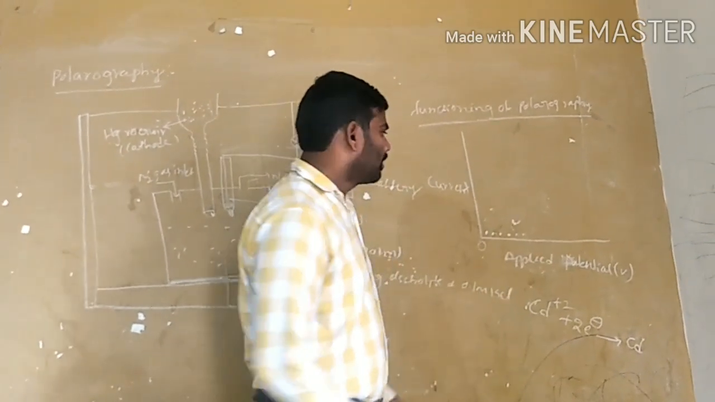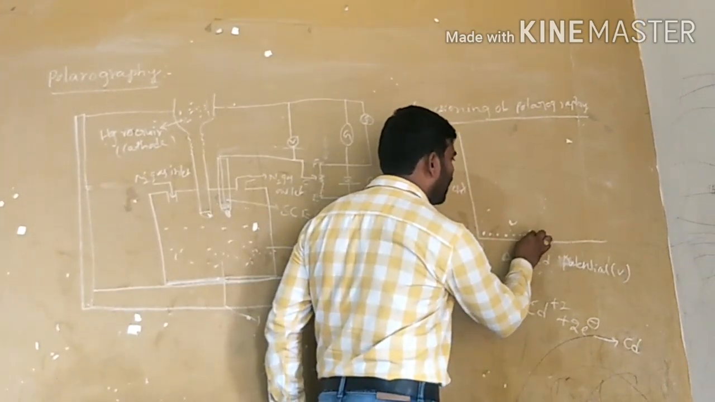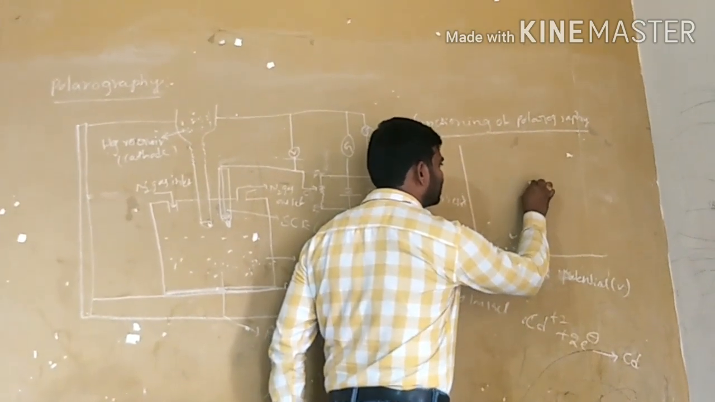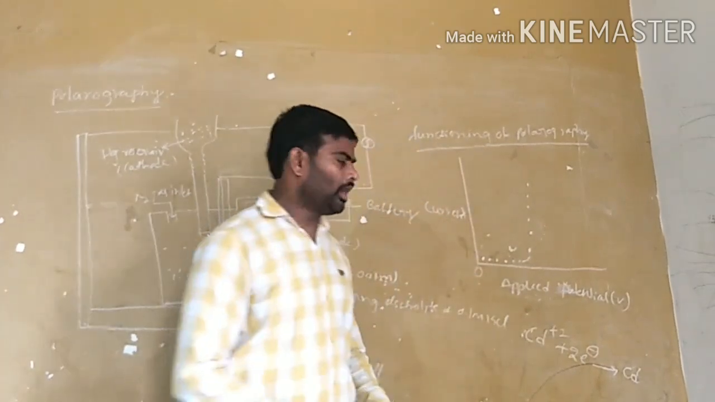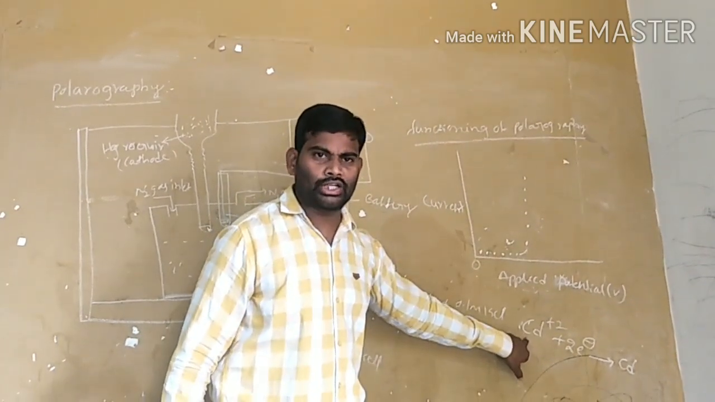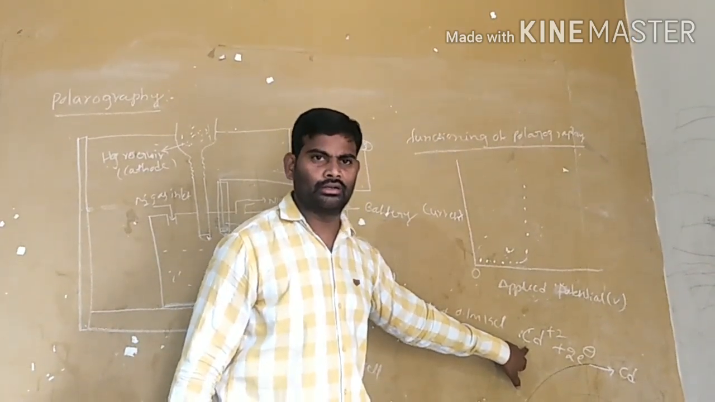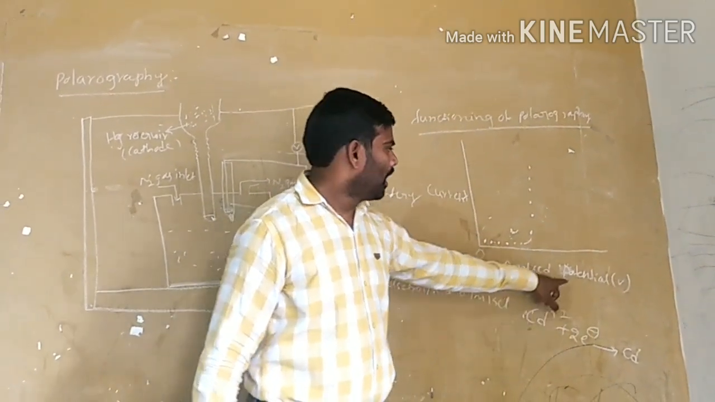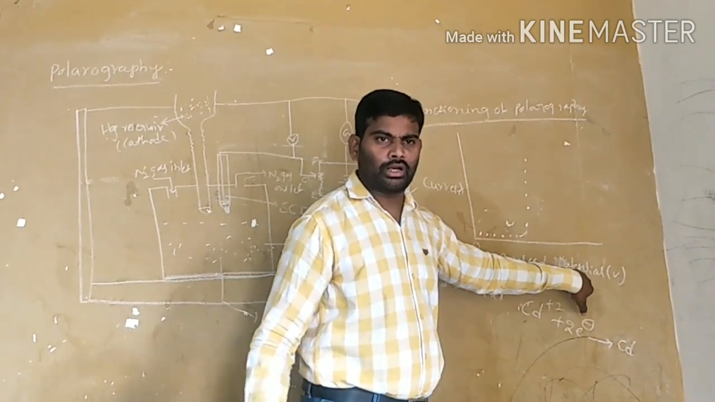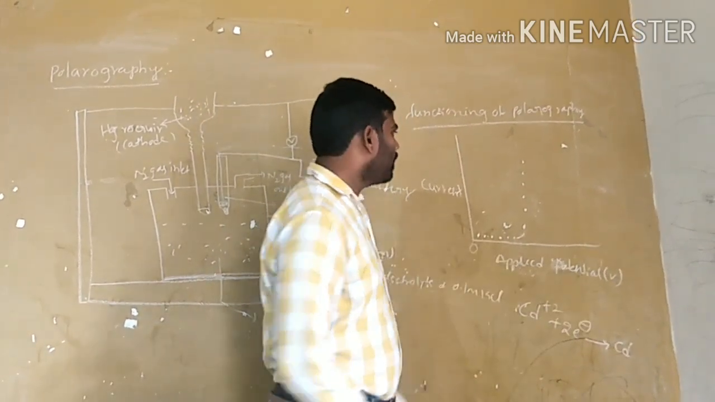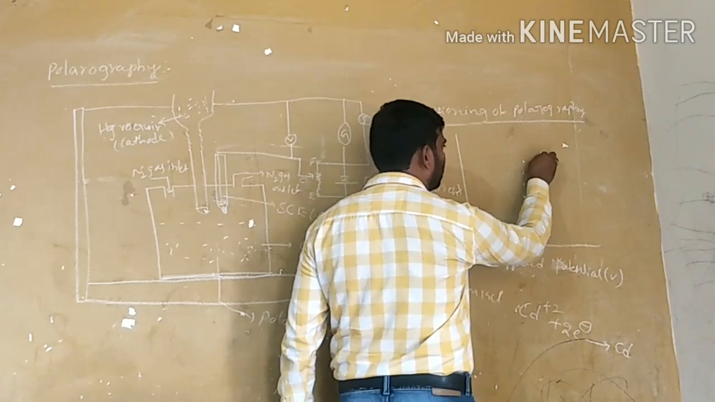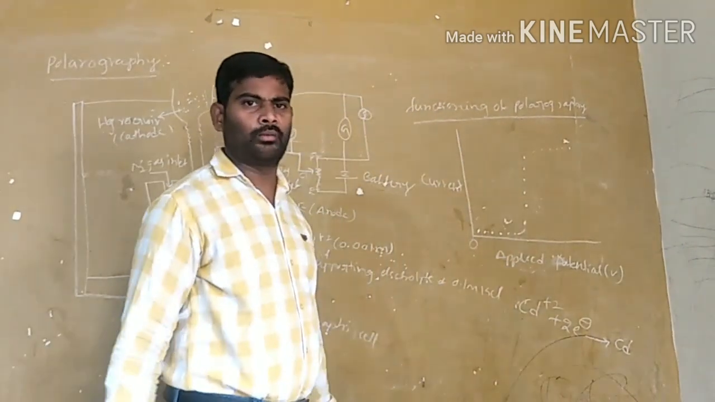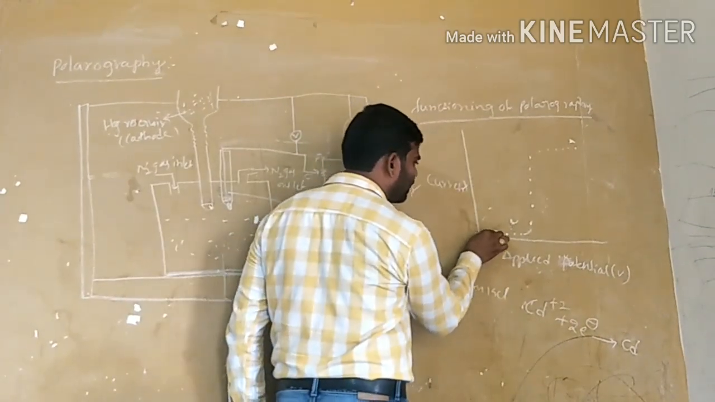At that time, the flow of current will be more. The flow of current increases until the total electroactive species is dissociated. After the complete dissociation of the electroactive species, beyond that voltage, there is no further increase of current in the polarographic cell. With this, we are getting a curve like this,